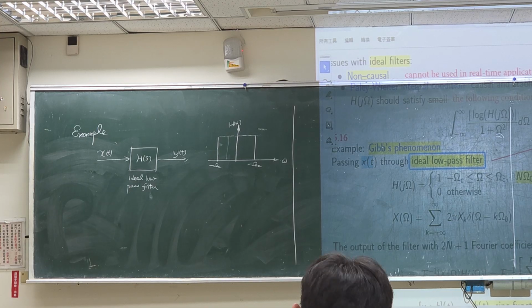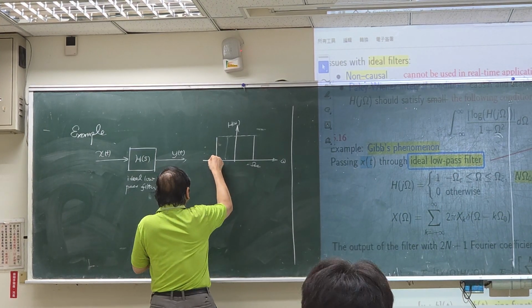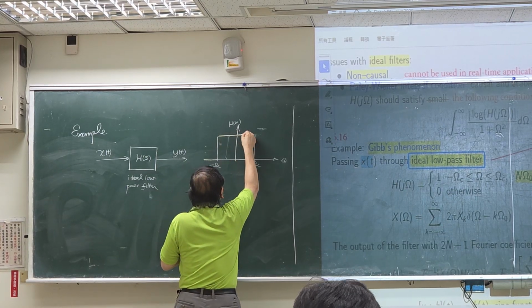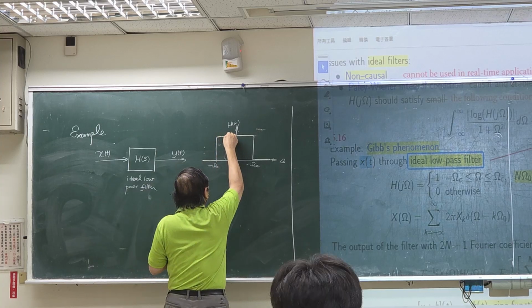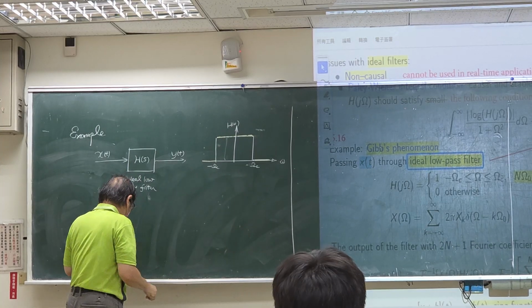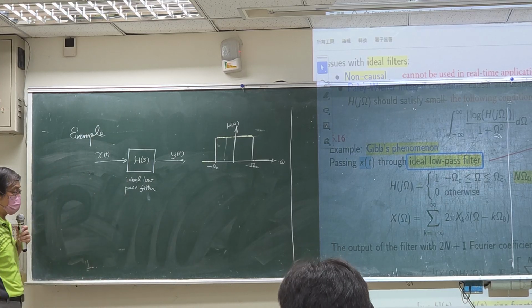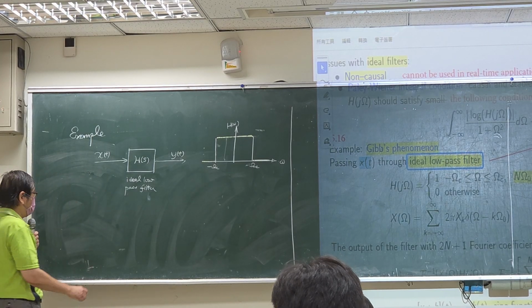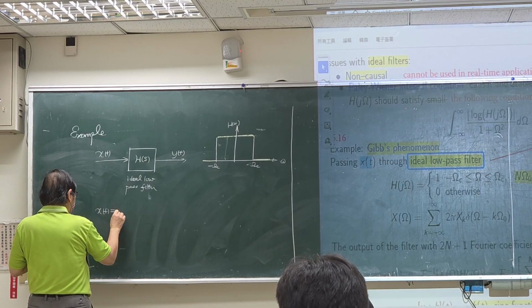Now the idea of this example simply tells you that if I have an x(t) signal, that signal can be represented by using the